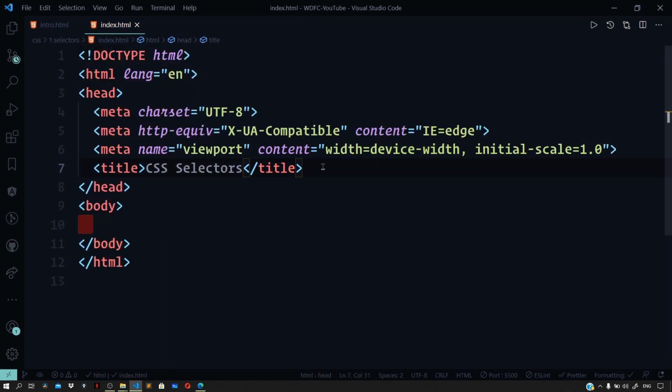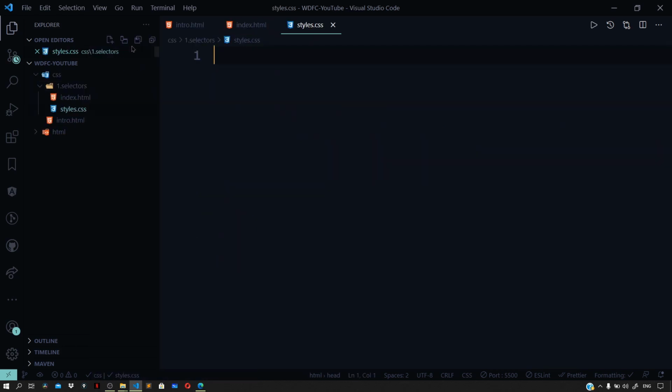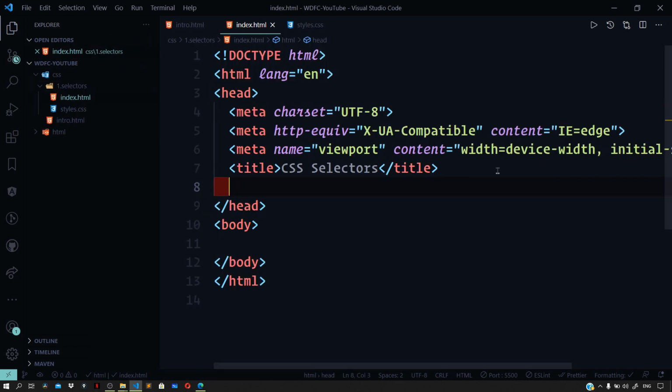Now right inside our selectors folder, let us create a new file and name it as styles.css. And let us also link our CSS file in here inside the head section. So link styles.css,